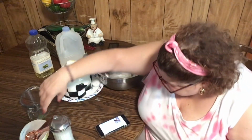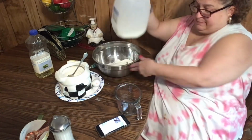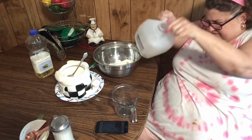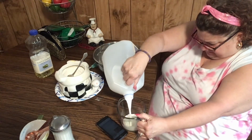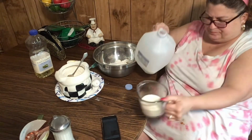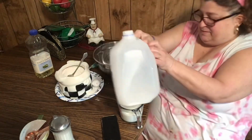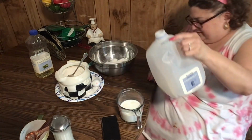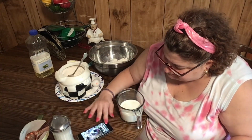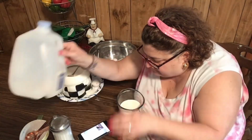Oil is done. Now I have to do the milk. 1.5 cups of milk. I hope I have enough milk because this is the last of my milk. I didn't even realize I needed milk. So somebody's going to have to pick up milk today. All right, let's see. I have half and half in there. If the worst comes to worst. All right, that's a cup. Let's see, 1.5 cups. Oh, look at that, perfect. Perfect amount of milk, and I still have a drop left. I hate that when the recipe goes off the screen. Okay, so 1.5 cups of milk,